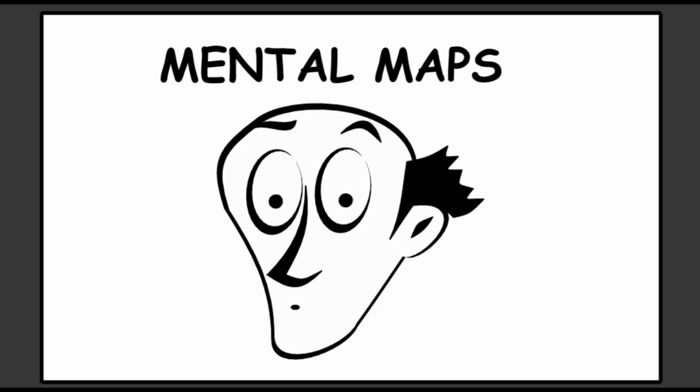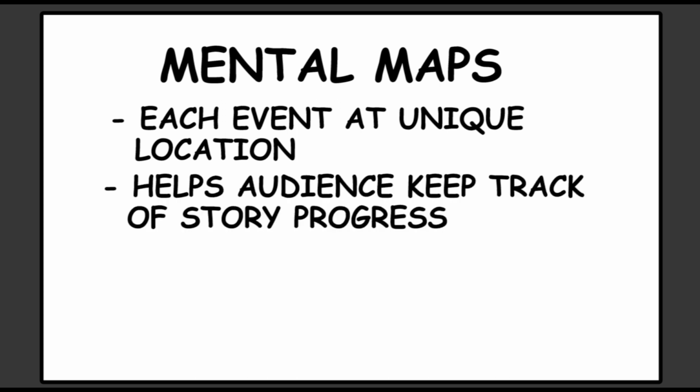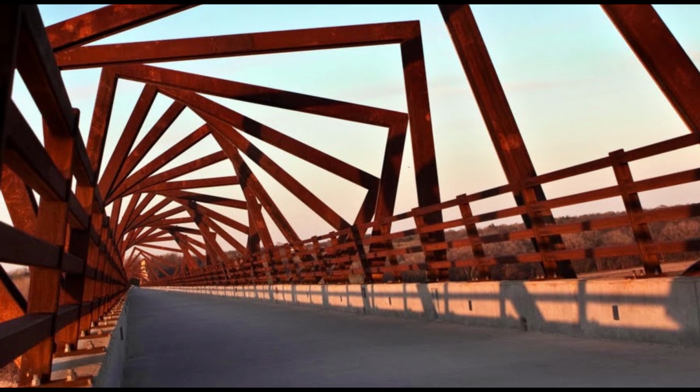Today we're going to be talking about mental maps. And this goes to your location choices, because every event that happens in your film should happen at a unique location, because the audience actually needs different locations to help them keep track of the story and the progression of the story. For instance, if you have a scene in your story that takes place on a windy bridge, and